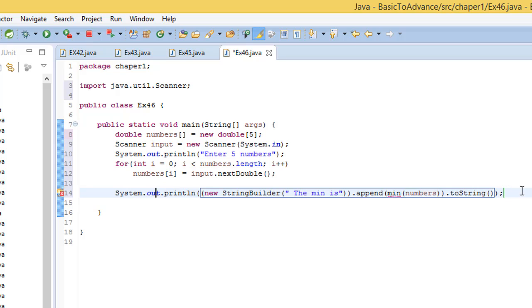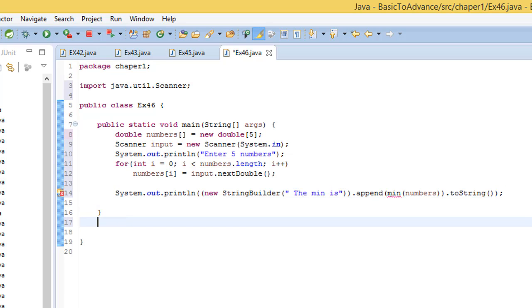Okay, so let me create this method called mean, and it's going to be public static